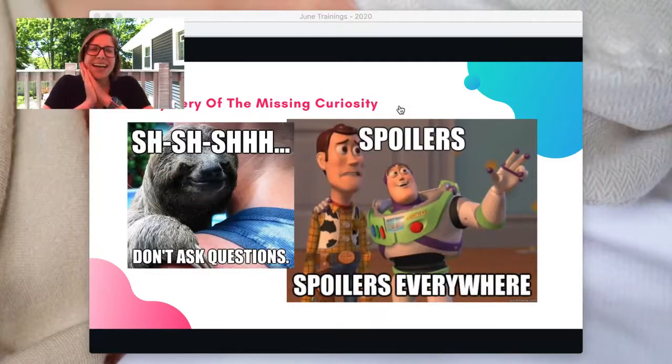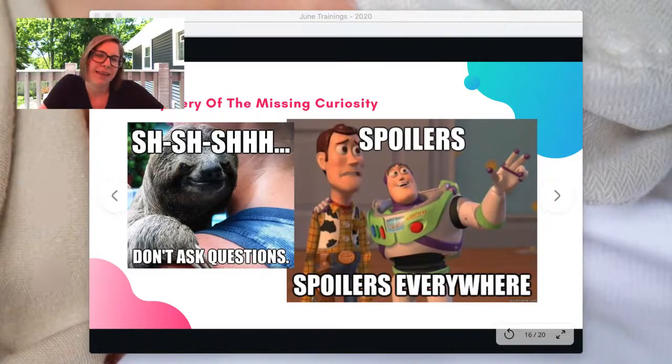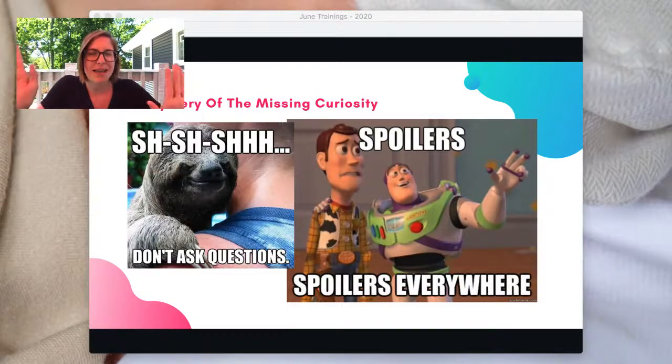So I put these memes there, and basically, okay, don't ask questions, and spoilers everywhere. There are two reasons that, this is my theory, I don't have evidence. I didn't do a research study. Okay, so this is my theory, but